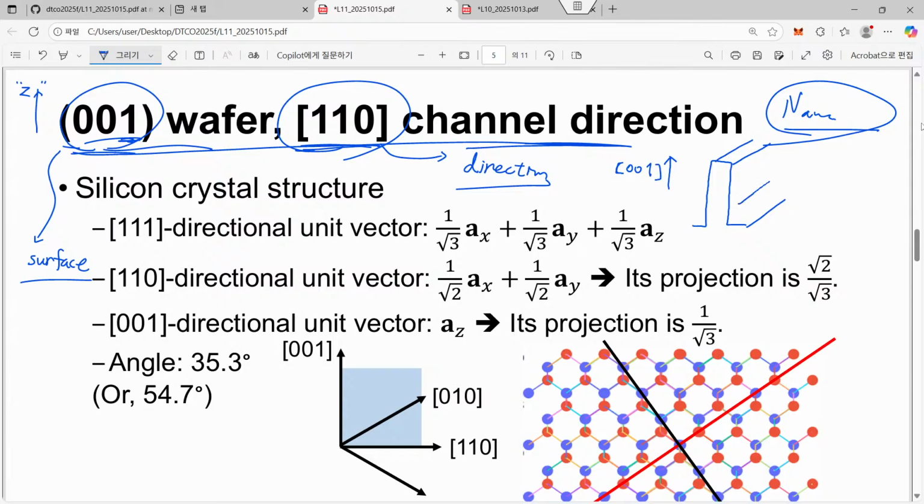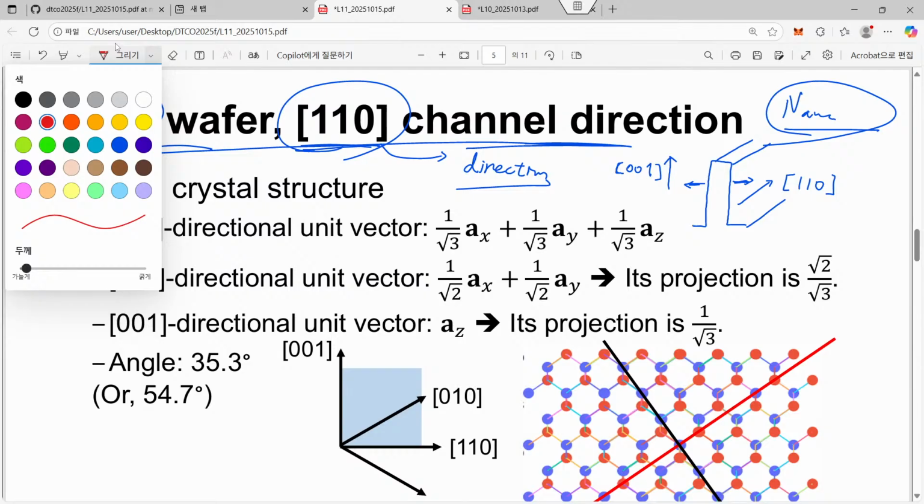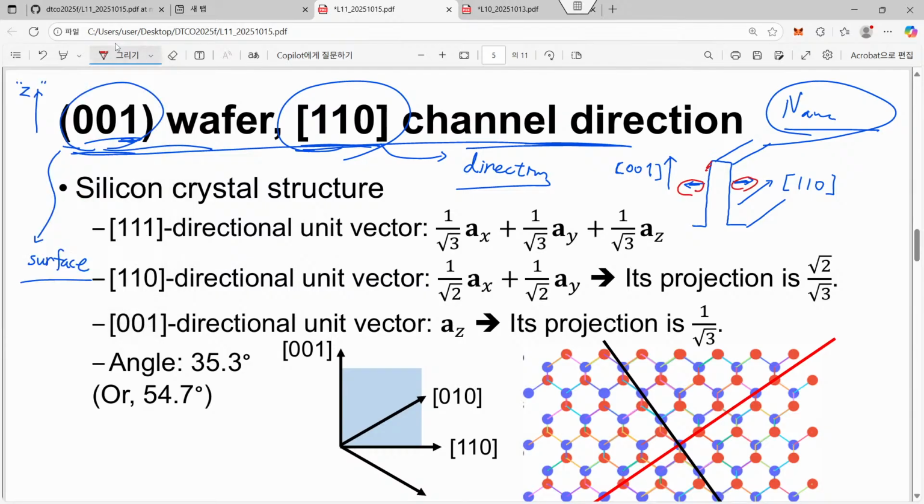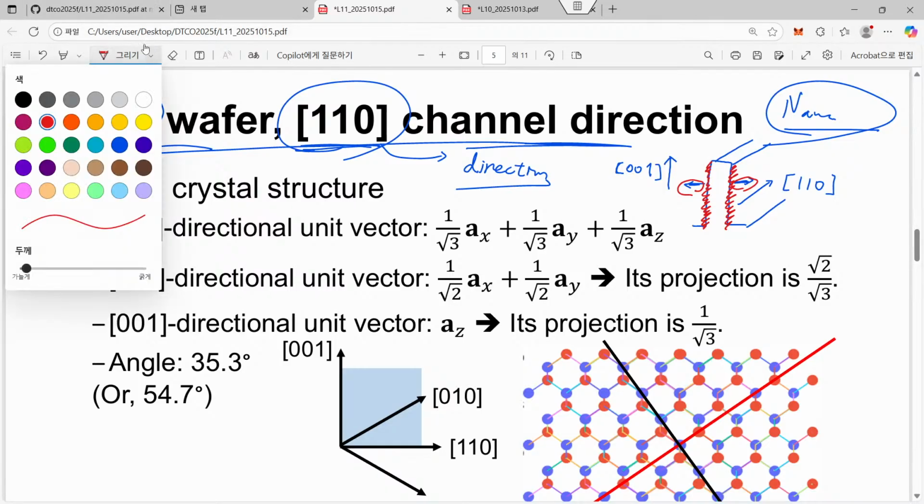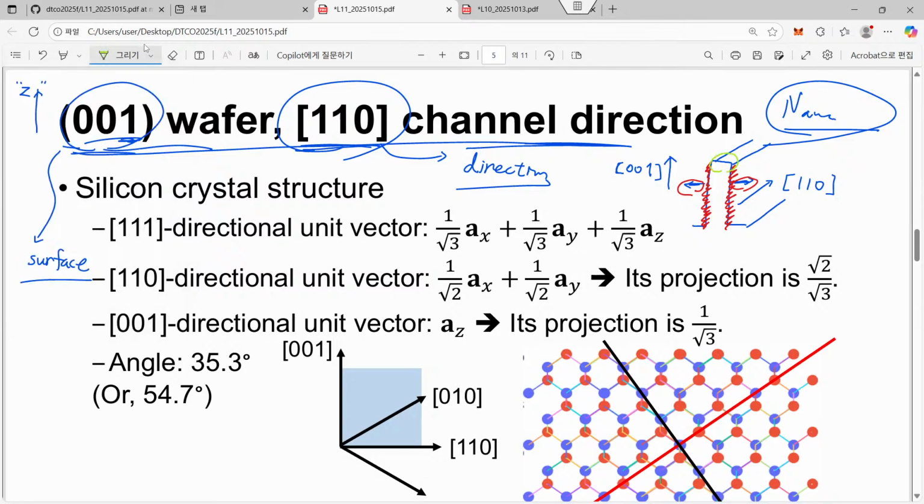And this one corresponds to the 110 direction. Yes, perfect. Now, in this case, if we have this surface or this surface, let me highlight them again, this one and this one, the surfaces corresponding to this one and this one. Even though that is called a tri-gate,